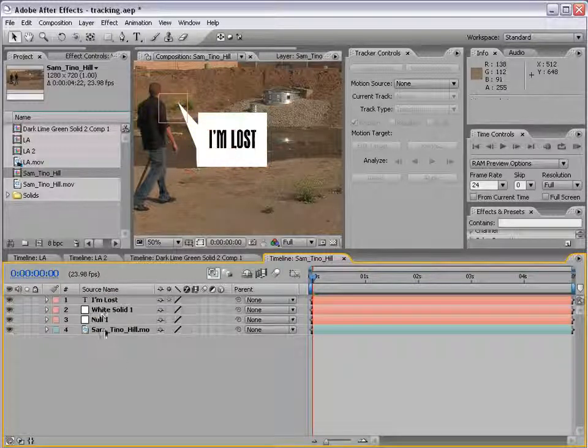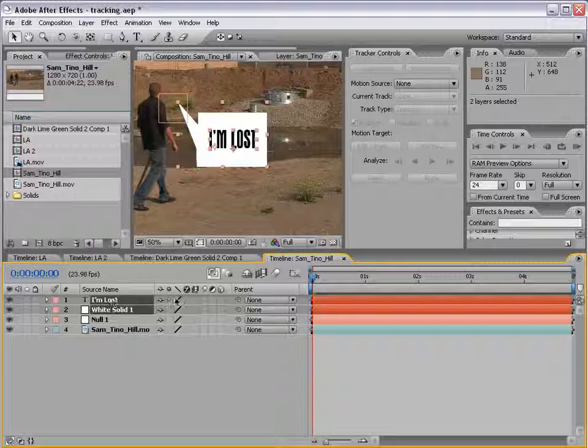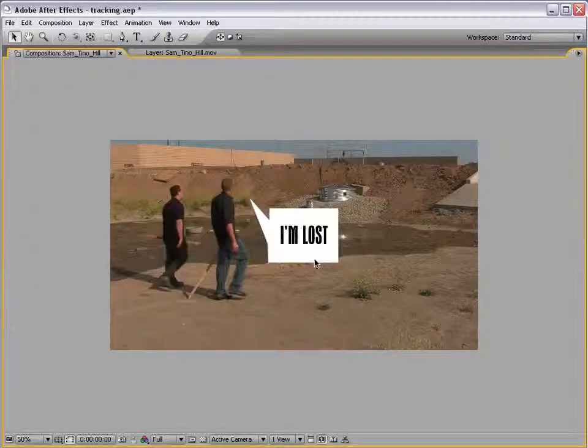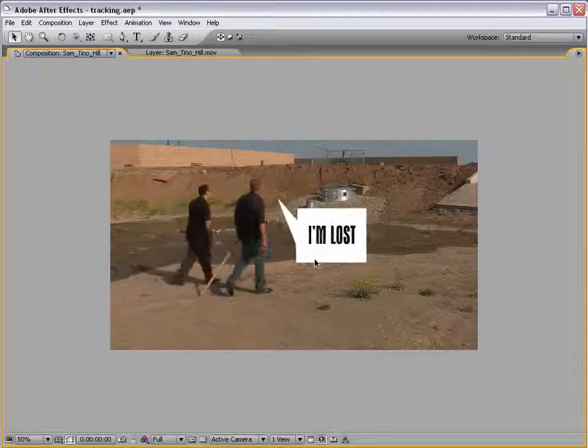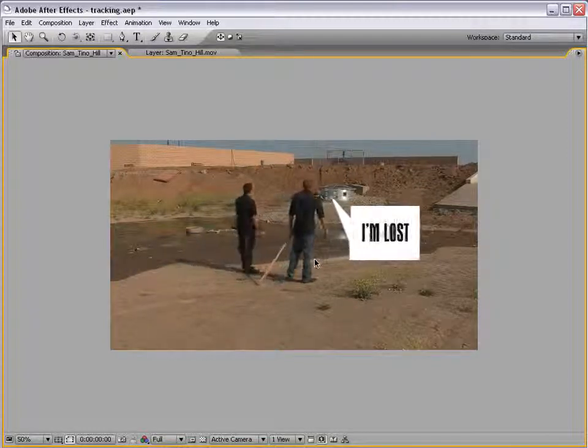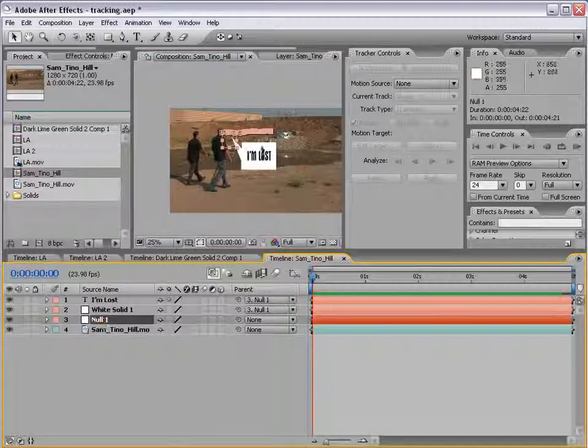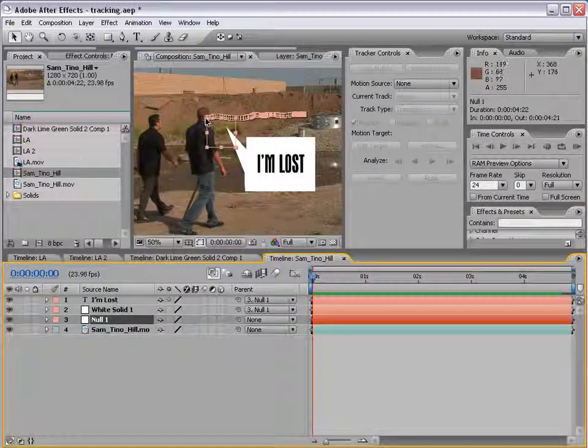And now that we've created our thinking box, what I can do is take these two layers, hold down Shift, and select both of the layers. Then take the parenting pick whip and drag it to the null object. And now, if I watch this,